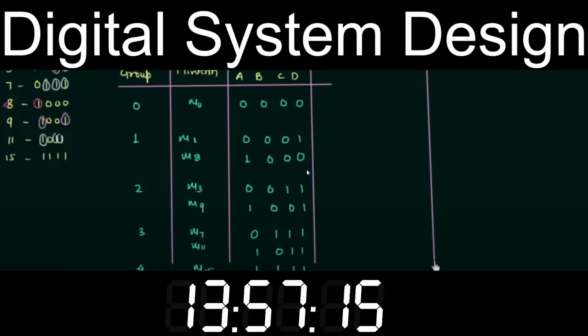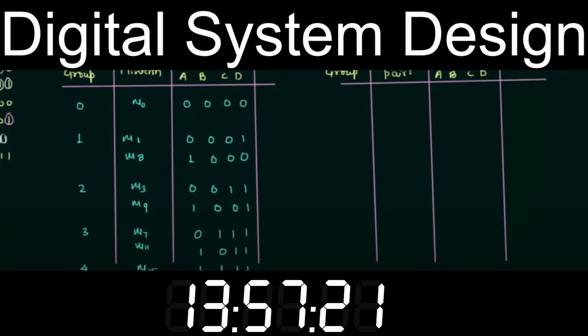So let's make the table quickly. We compare the nth group with the n plus 1th group. In the tabular method, the first column is for the group, and the third column is again for the binary representation A, B, C and D. Now the second column will have the matched